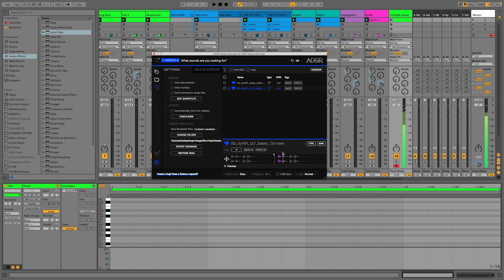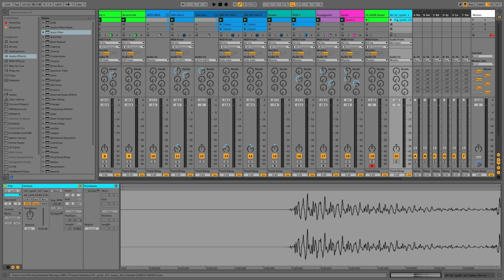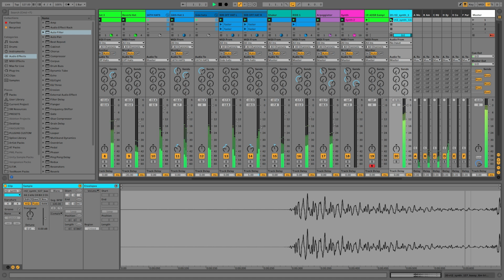Just here. Okay, so that's now been trimmed, and what I can do is I can actually pull that into the project just by grabbing this crosshair and dropping it in. And you can see now, instead of being an entire clip, it's truncated it or trimmed it, and it will now be saved in that destination that we selected here. So we can now play with the sample and edit it,